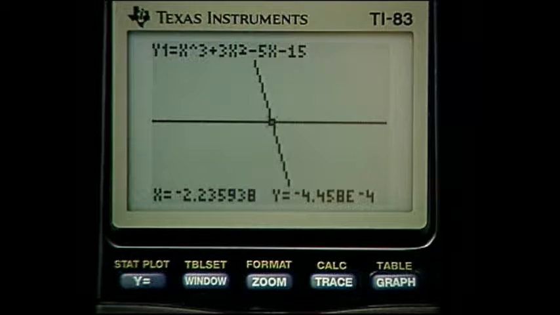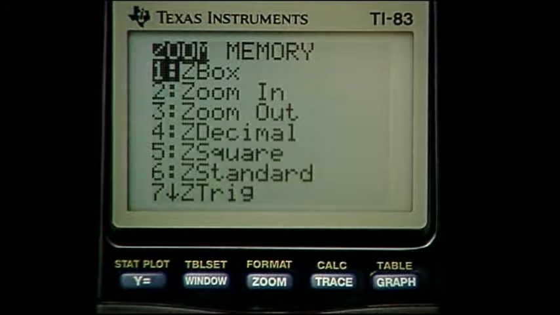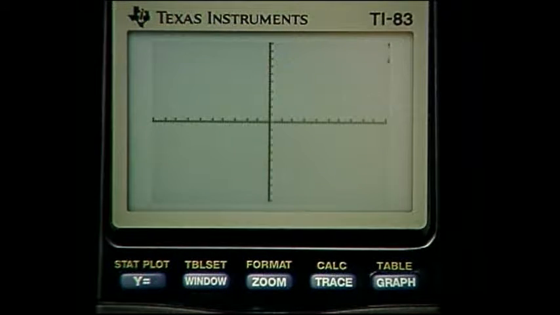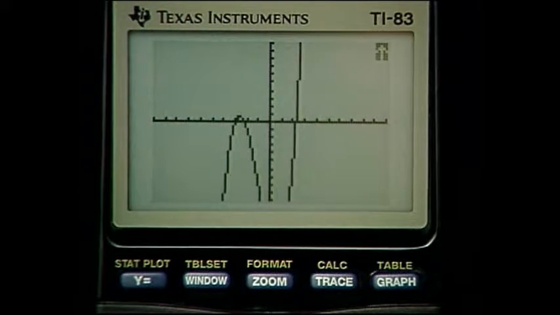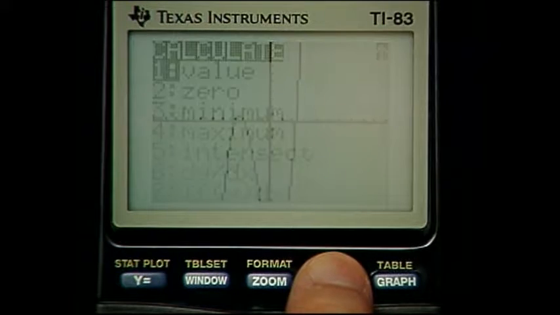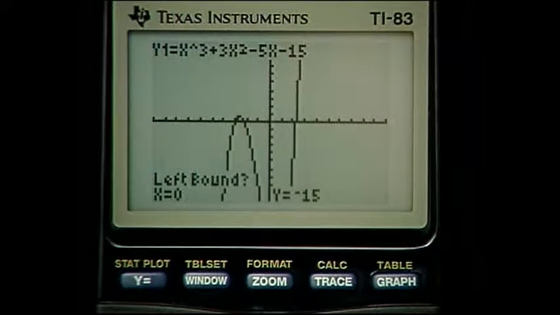Now there is another way to proceed here to get a 0 very quickly. Let's press zoom and then number 6 for the standard settings. And now I'm going to press second and then the trace button. Now I'm accessing the calc menu here, and here's the menu that comes up. I want number 2. I'll cursor to it and press enter, or you can simply press number 2. But now it says lower bound, upper bound. Well, it's asking for